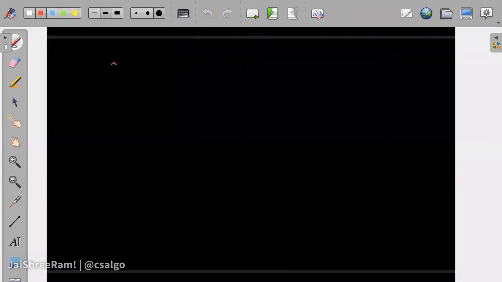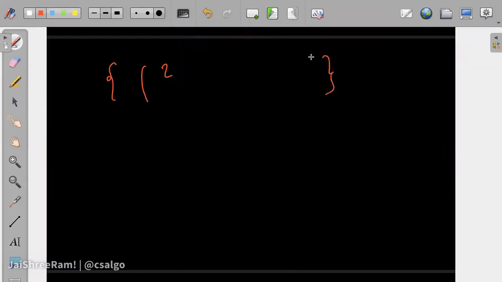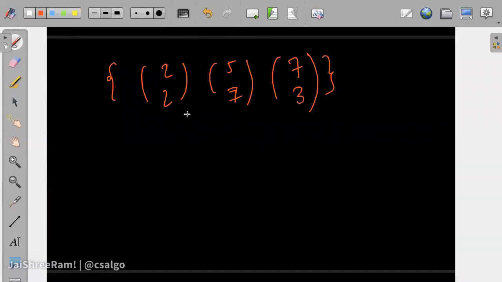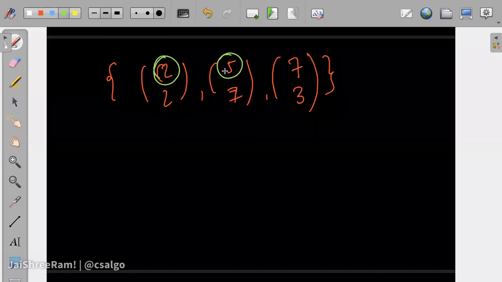So if you talk about it, a map is nothing but having pairs in a sorted fashion. Okay, let me change this to 5 and have this as 7. Let's take 7 and 3. So a map is nothing but a set with pairs, and these values are sorted for sure. So these are called keys of the map, and it's sorted by this value.